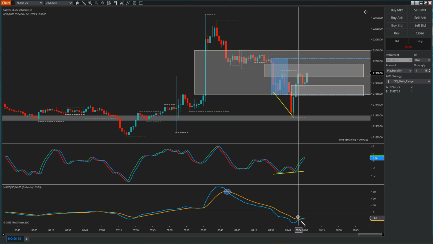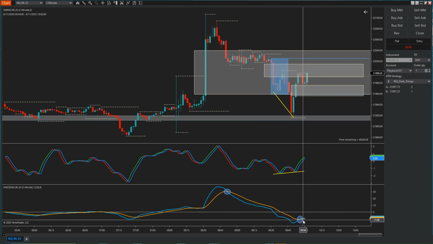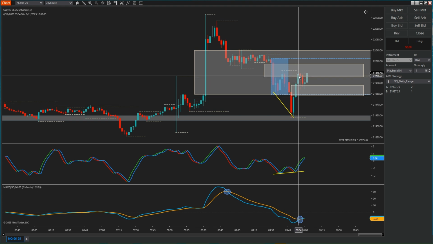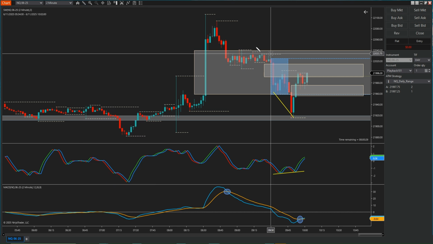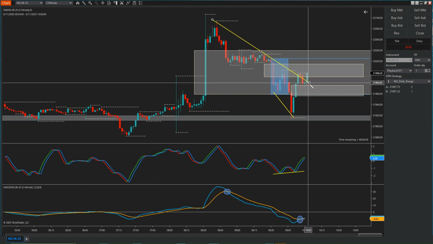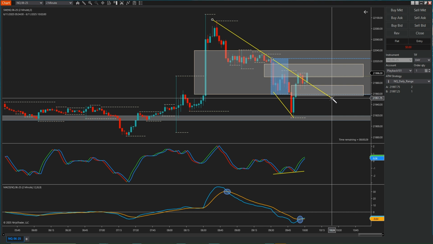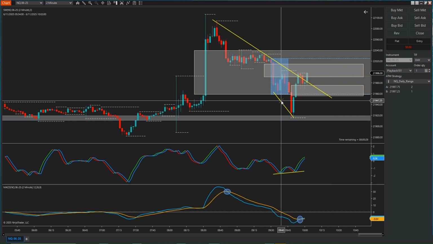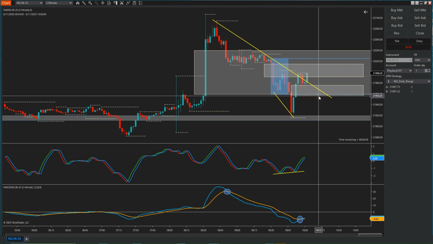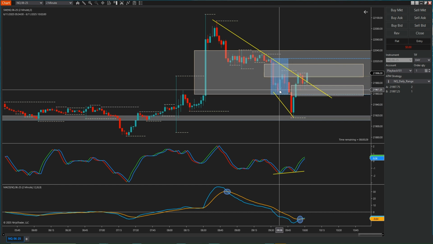Let's circle that. We have the MACD crossing, so that's a bullish signal, right? And so we come back into that fair value gap that was formed. We also notice that there's an established trend line coming all the way down right here, right? Let's highlight that, and we're starting to see a head and shoulder pattern